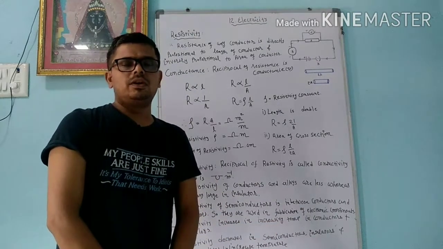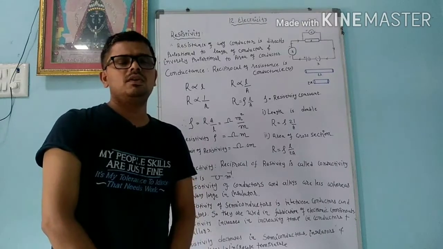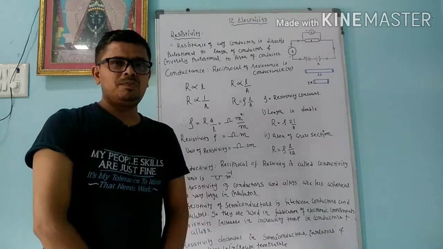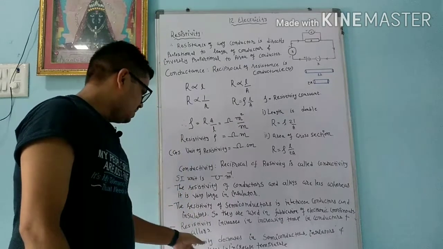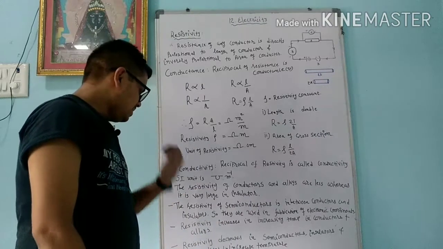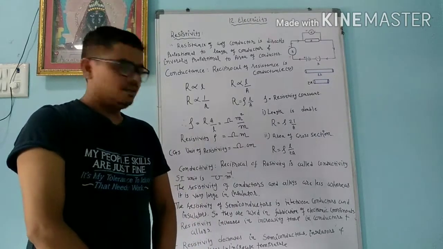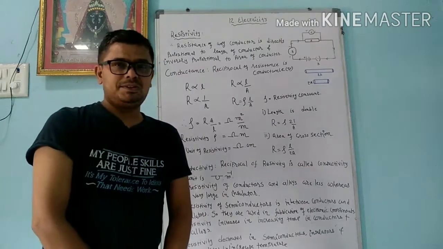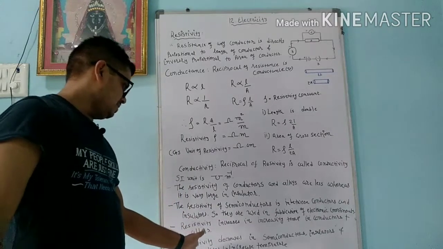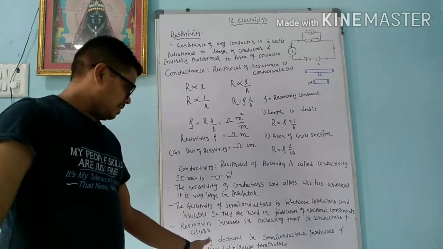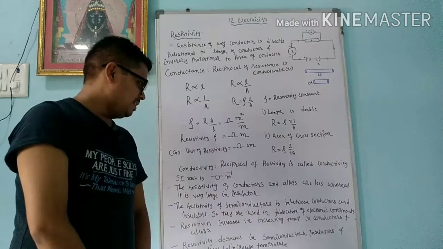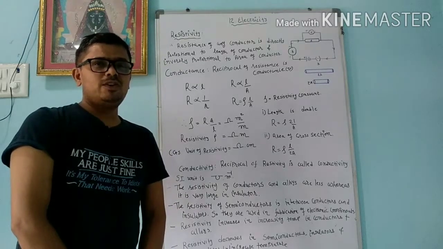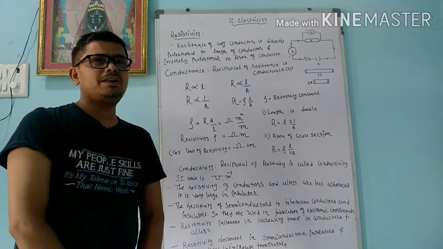Dear student, we already know about alloys. An alloy is a homogeneous mixture of metal and metal or metal and non-metal. Steel is an example of that. But the opposite happens in semiconductors, insulators and electrolytes: resistivity decreases by increasing temperature. So conductivity increases. Whenever we increase the temperature, conductivity increases in semiconductors, insulators and electrolytes. An electrolyte is a type of solution which can pass electric current by positive ions and negative ions.